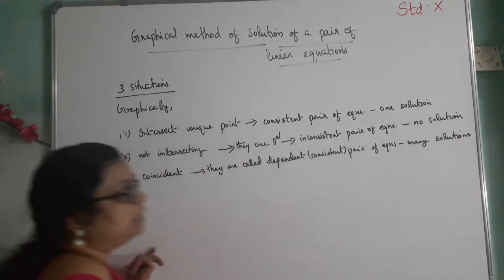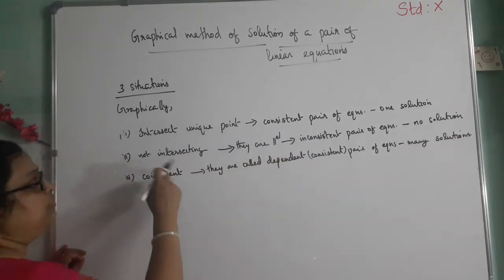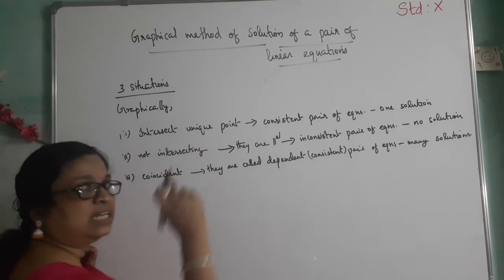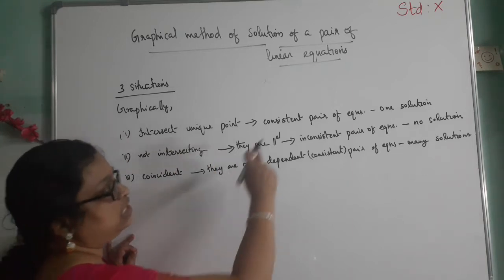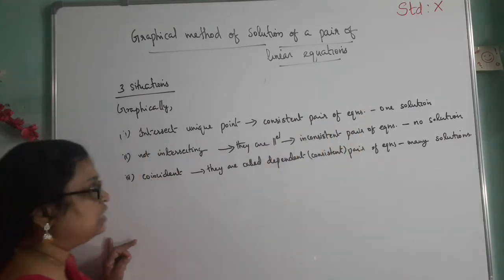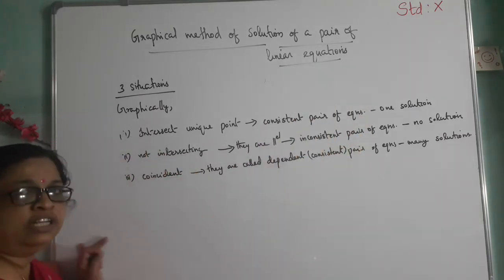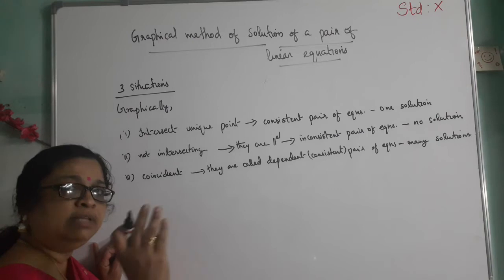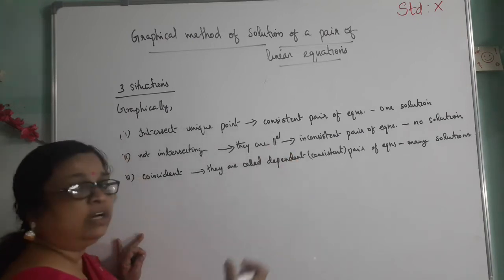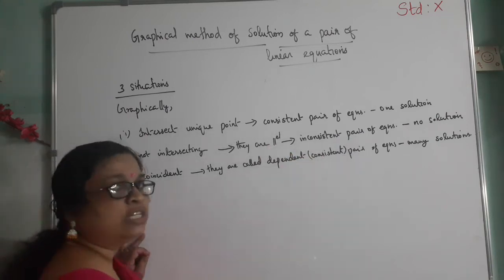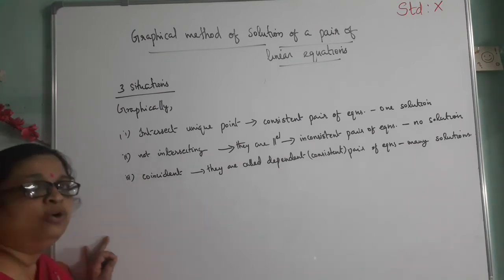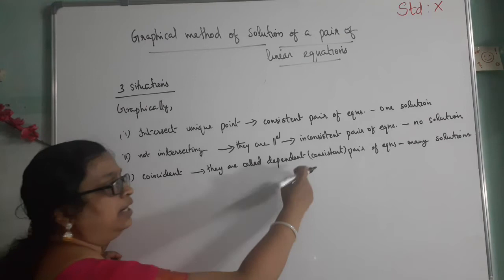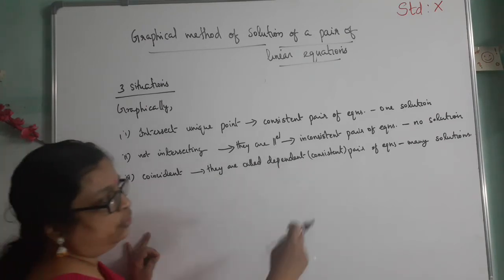So when we represent a linear pair of equations graphically, sometimes they intersect at one point, so they have only one solution, and we call that a consistent pair of equations. Sometimes they are not intersecting, so the lines are parallel, and we call that an inconsistent pair of equations, and they have no solutions. The third situation is that they are coincident, called a dependent or consistent pair of equations, and they